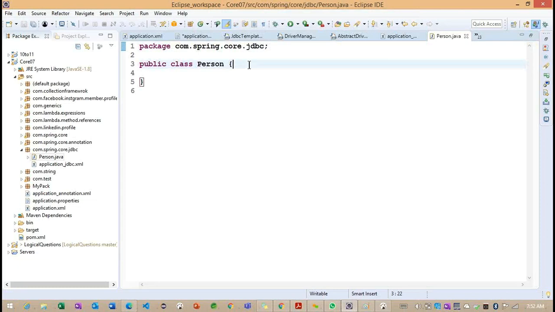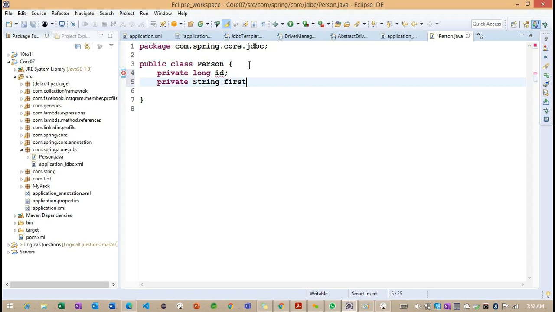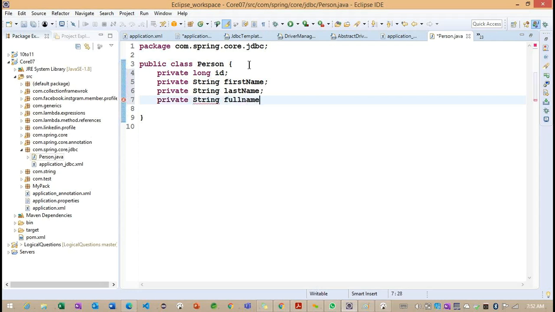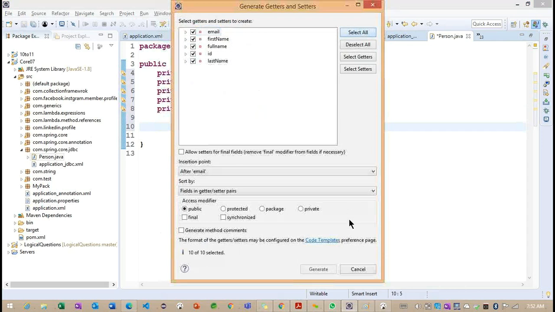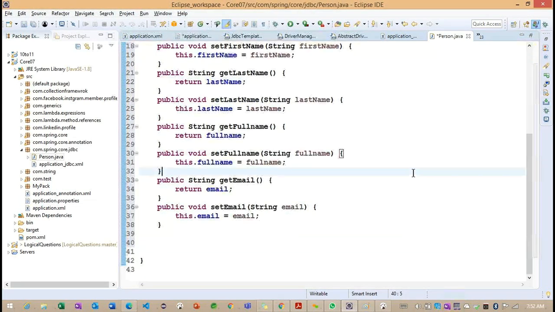This particular person related information we are going to work with here: person ID, first name, last name, full name, email. Getting the point. So these are the properties enough. Let me generate setters and getters.